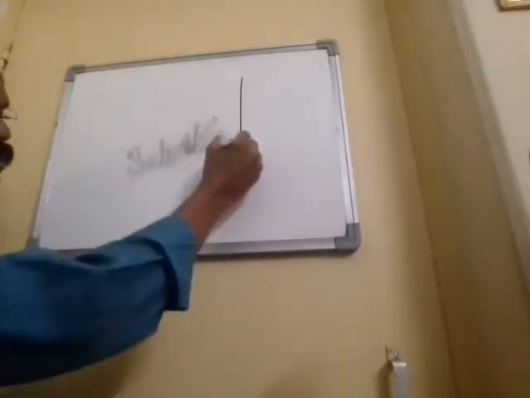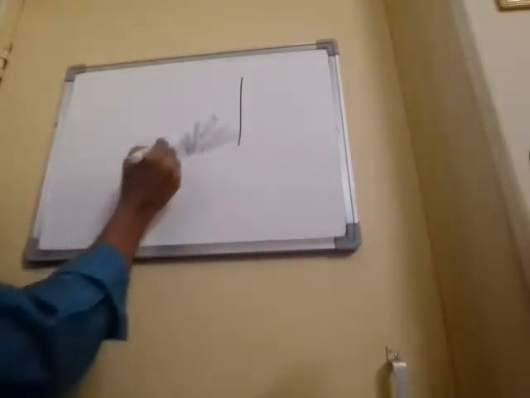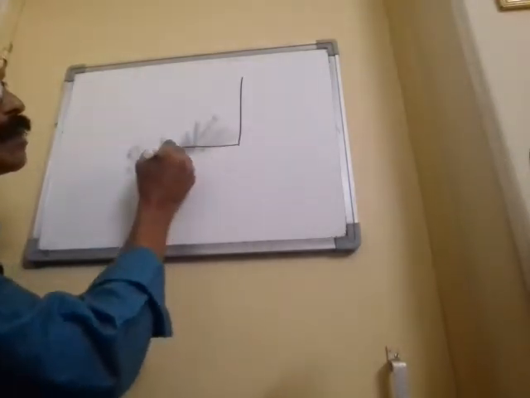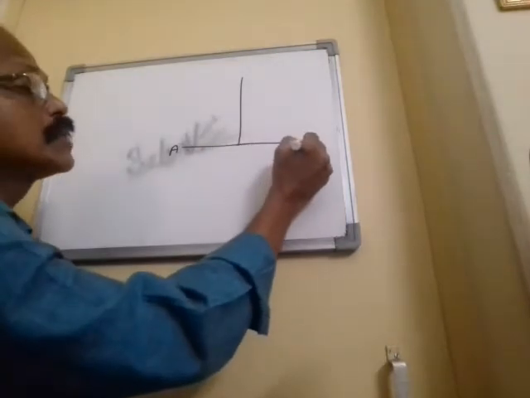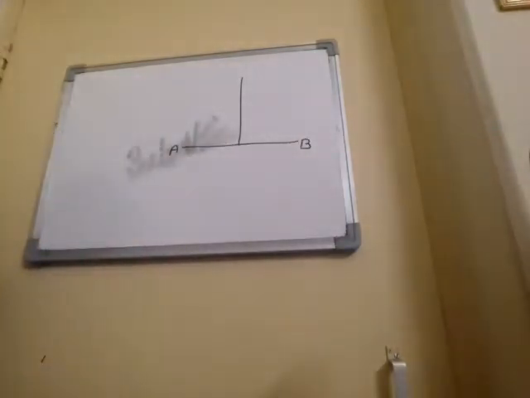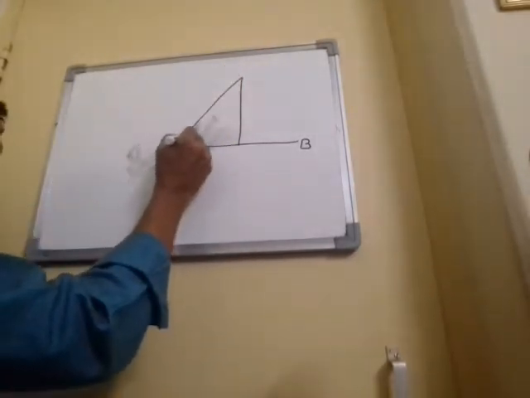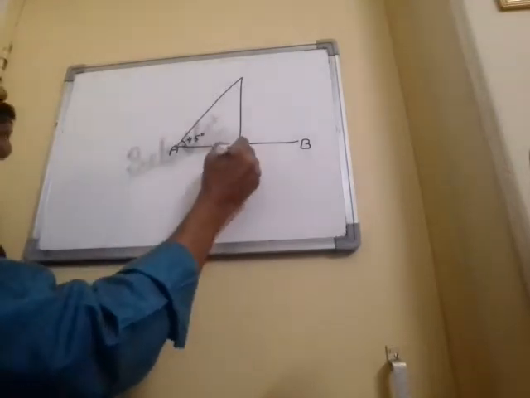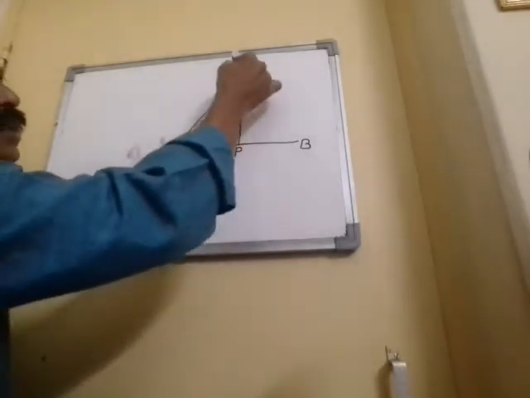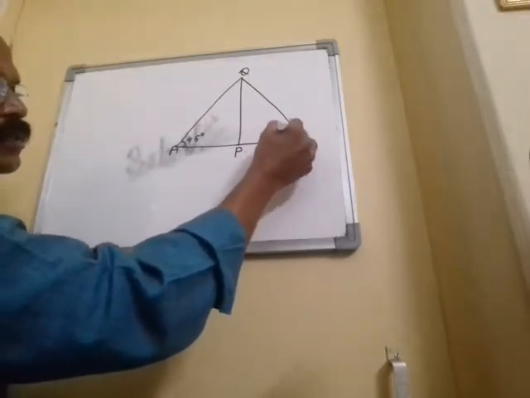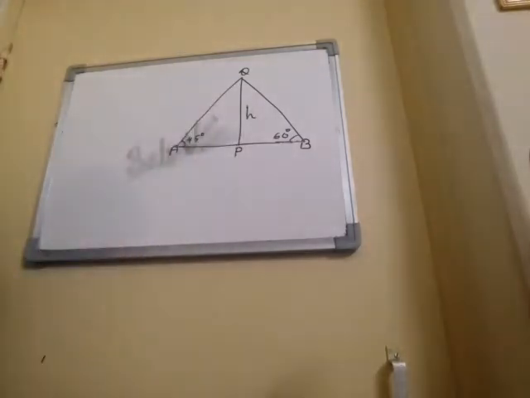So we have a pillar and from 2 points diametrically opposite. So from A and diametrically opposite on the other side B. The angle of elevations are given. From A, the angle of elevation to the pillar is 45 degree. So I am taking PQ as the pillar, and from B it is 60 degree. Question is to find the height of the pillar.